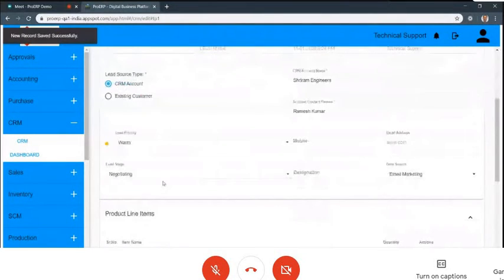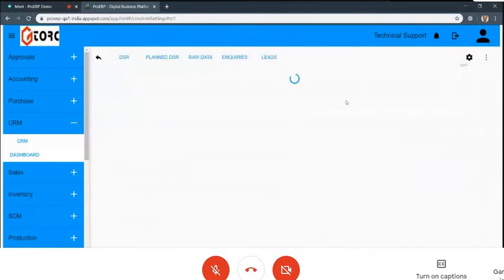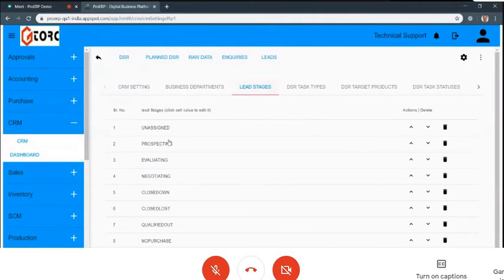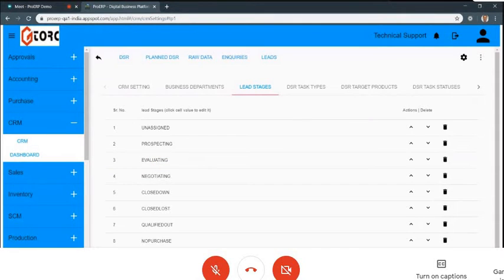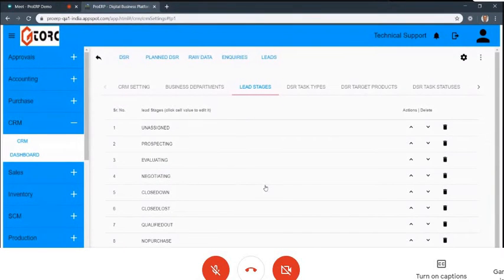Now, I was saying this is configurable. These are configurable, and this is the setting in CRM where you can put what your lead stages are. Because different companies will have different lead stages. These are the defaults. You can rename these. You can add, delete all of these and create your own stages. But effectively, this lead stage list should be the one which gives a clear picture of the funnel, from a serious inquiry to the one which is almost closing in the next few days.